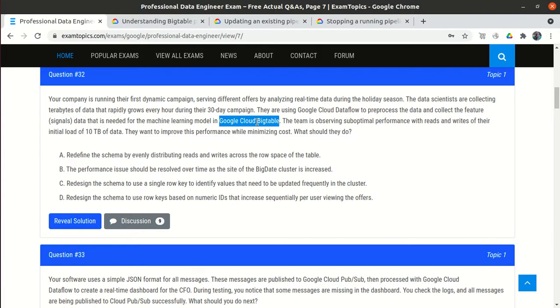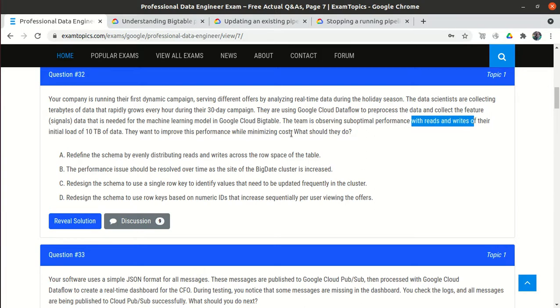So the keywords are Google Cloud Bigtable, a large amount of data, terabytes, and pre-processing with Google Cloud Dataflow. The team is observing suboptimal performance, that is, not very good performance, during reads and writes of their data. So how will we improve the performance?